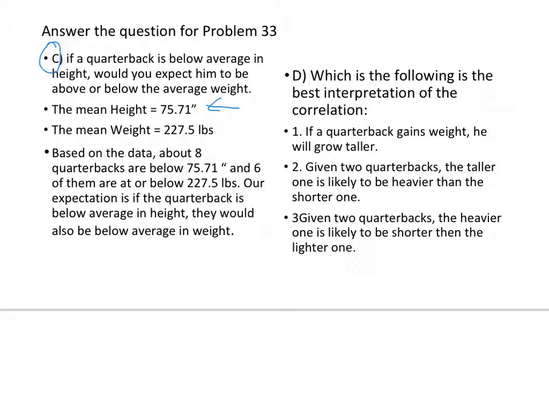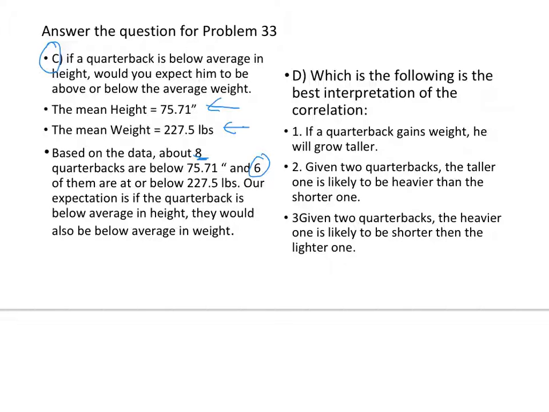The mean weight of these quarterbacks was 227.5 pounds. When we looked at the data, we found that 8 quarterbacks are below the 75.71 inches, and of those 8, 6 of them are below